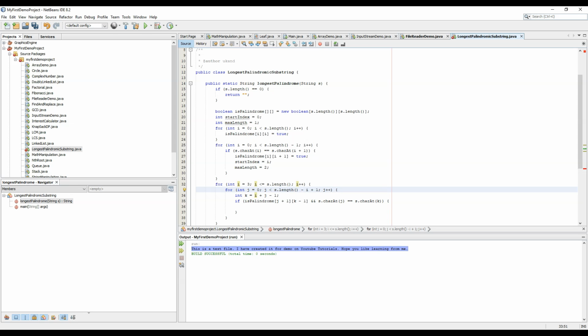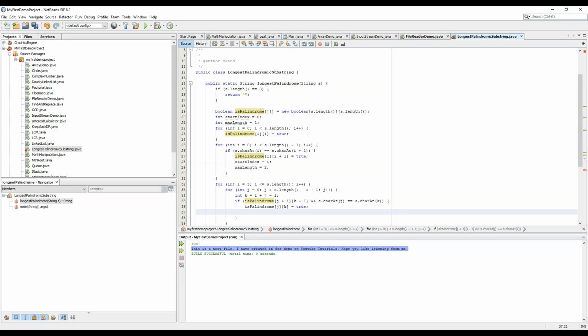We are doing this thing. So i starts from 3 because for 0, 1 and 2 we have already done. Now the condition would be is palindrome j comma k equals to true, which is the problem over here.